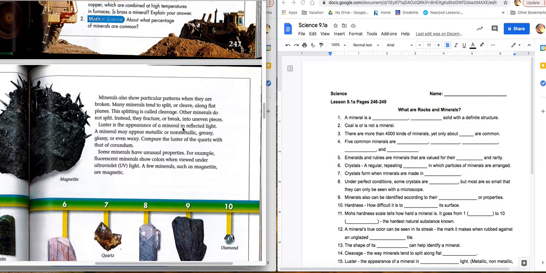Luster is the appearance of a mineral as it is reflected in light. Okay, so I have reflected light there for number 14 in my notes. And now let's talk about the different ways it can reflect light. A mineral may appear metallic or non-metallic. We might use the word greasy, glassy, or even waxy. Compare the luster of quartz with that of